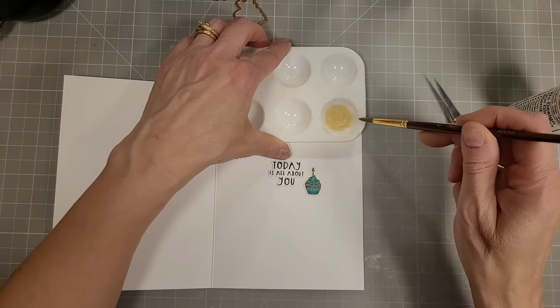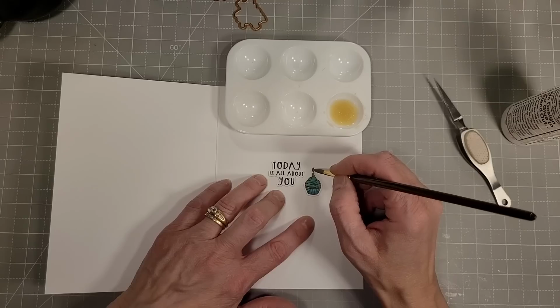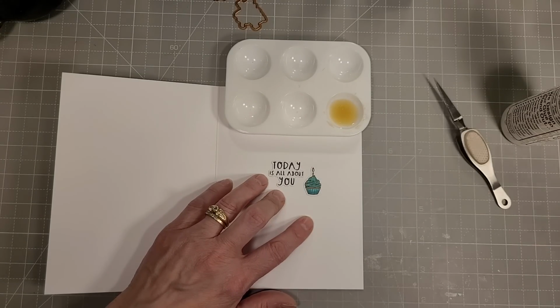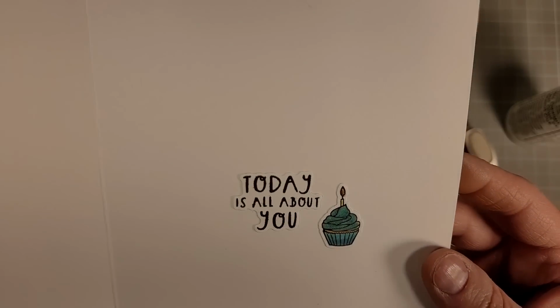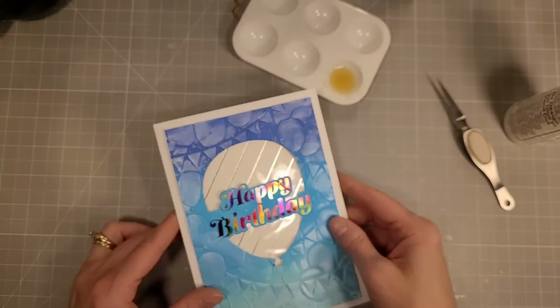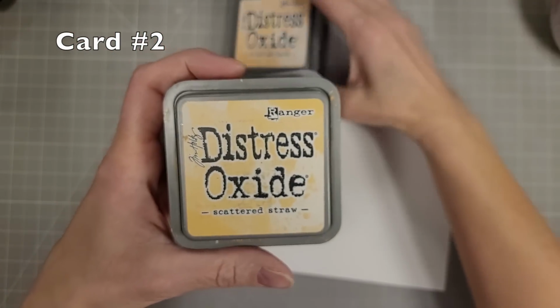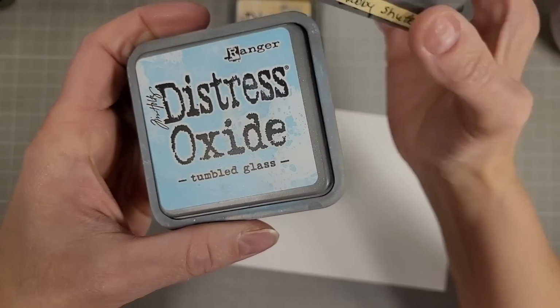Now I'm going to take what's called liquid pixie dust, and it creates a watercolor shimmer over the top. And I just use a paintbrush and a little bit of water to add that to our cupcake. Next, we're going to do another round of